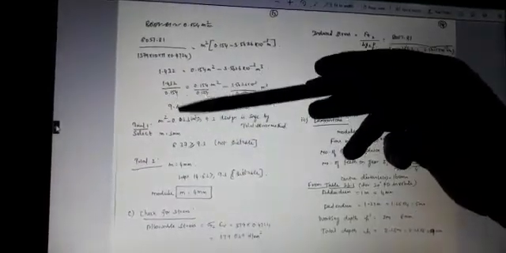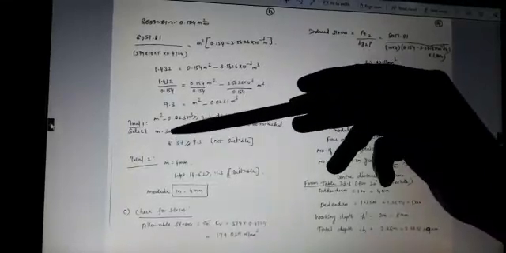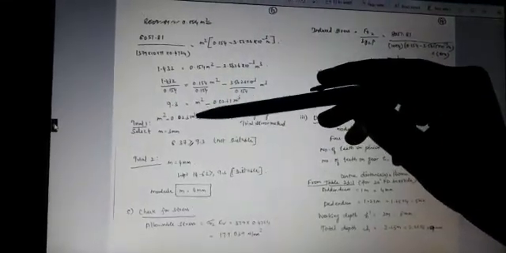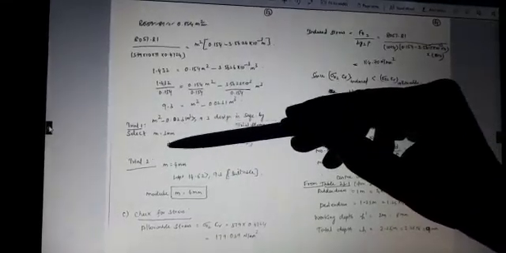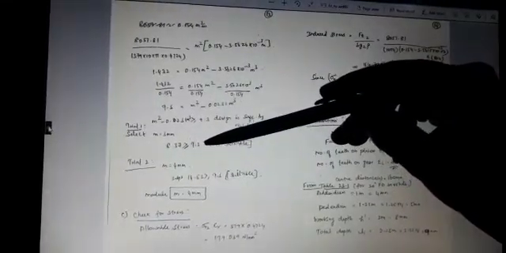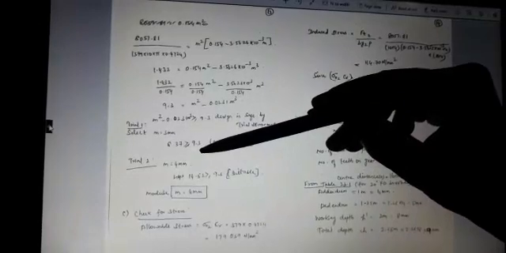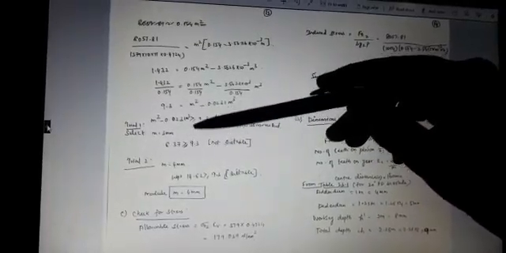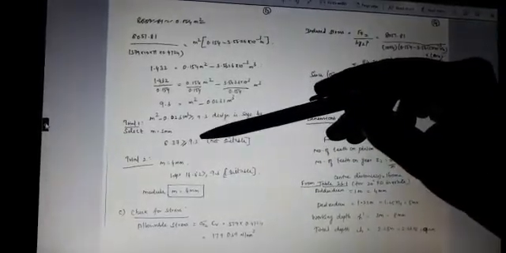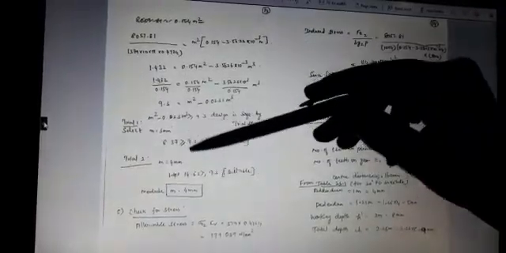But first, always select m equal to 3. From the start, we take m equal to 3 mm. First trial: put the value m equal to 3. So we get 8.37. This is less than 9.3, but our condition is that this value should be greater than 9.3. That's why you move to the next.